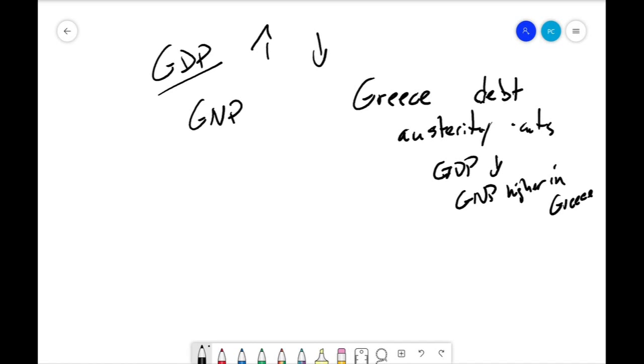Because the people outside of Greece that were counted in the GNP might have been in a country that was doing better economically than Greece, that's why it's not exactly a great measurement sometimes. It depends on what you're measuring. So Greece's economy was shrinking in a lot of respects, but the GNP was actually looking better than the GDP because of people outside of Greece who are counted as Greek citizens.